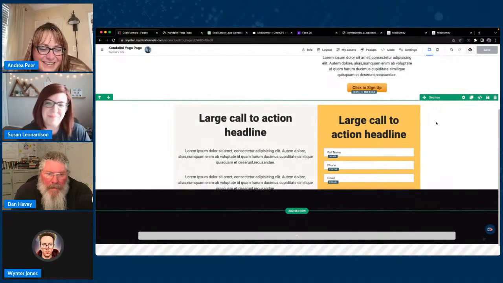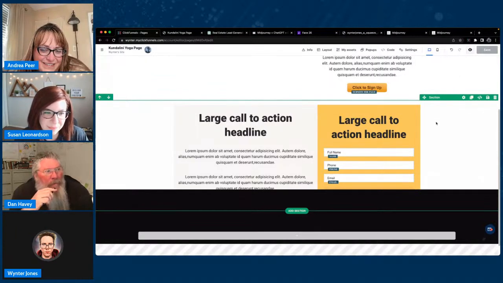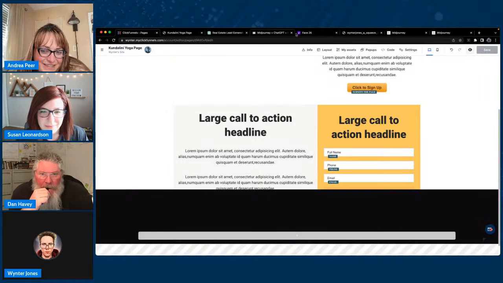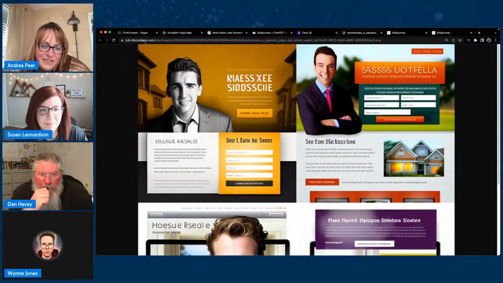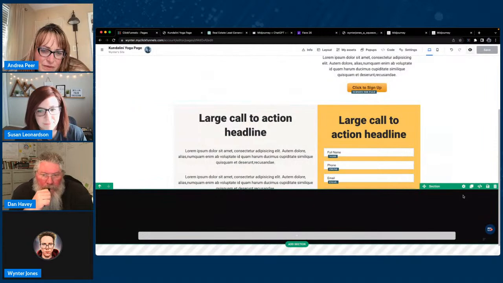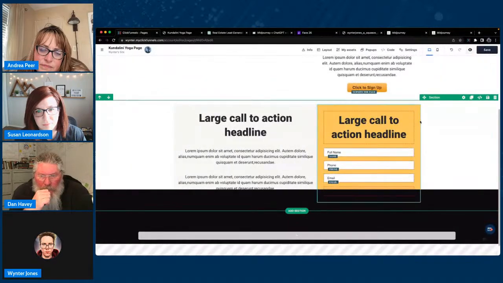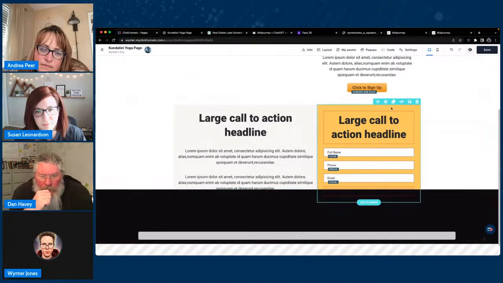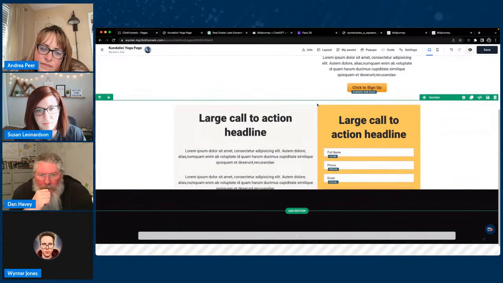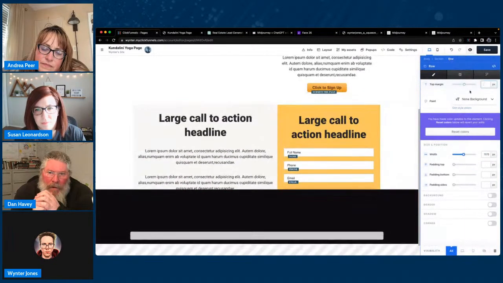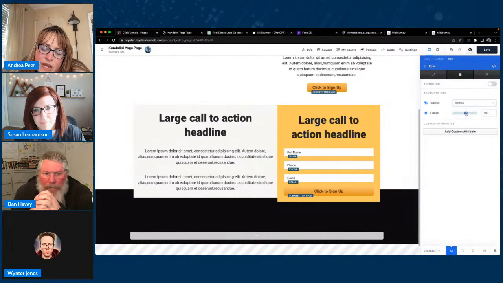Yeah. So just to jump back to this part. If you see what I'm trying to do is have this black be pushed back and then this on top of it. Right. So usually what you do is you would have this one be the Z index below the one on top of it and change it to relative. So that's not particularly working right here. So what I can do is do it on the row, but as you can see, the row is not accessible anymore because I made it 0 pixels. So you can always click here, go to the row, and then hopefully when we change that,